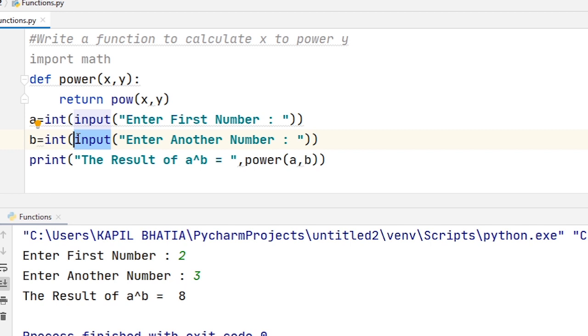If you want to use a built-in function, there is no need to import any library. But if you are using a function defined in a module, you need to first import the library to which the function belongs. The pow function belongs to the library math, so first I import the math library and then we can use the pow function.